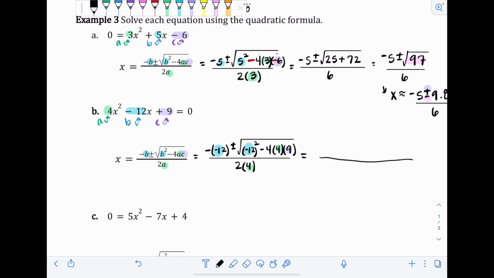And then we'll mostly simplify the inside of the radical first. I am going to simplify this double negative here, so when you see a double negative like that, it turns positive, so that would become a positive 12. And then plus or minus